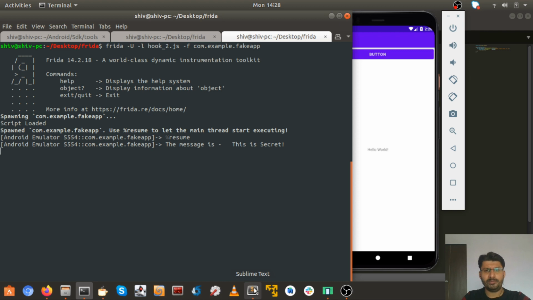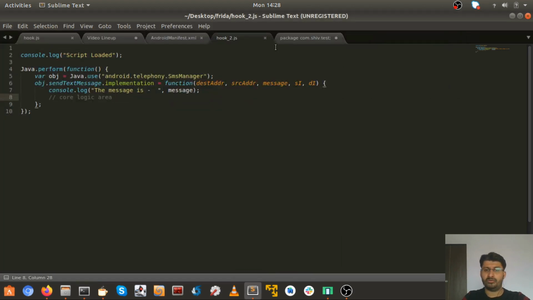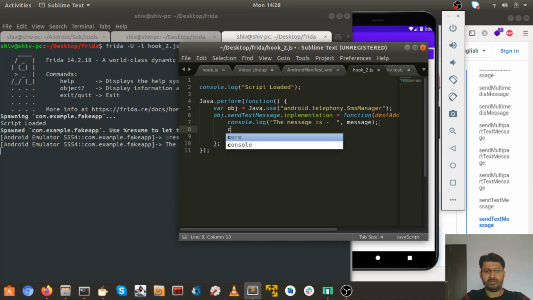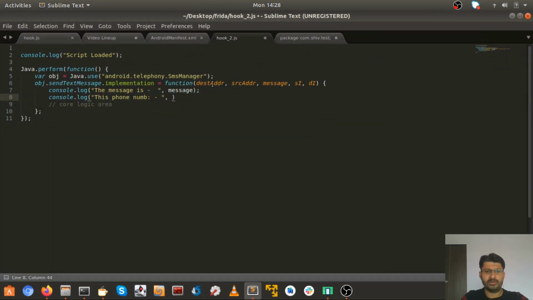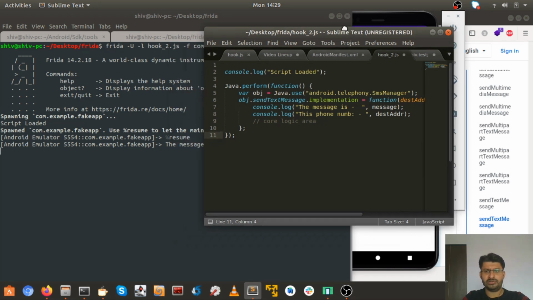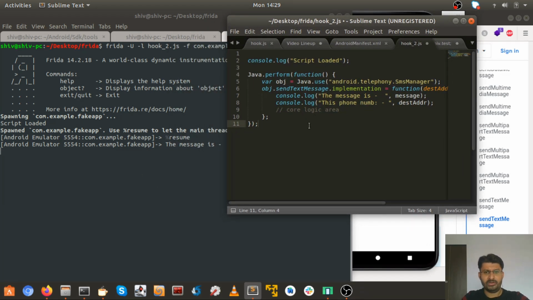The cool part about JavaScript, or Frida, is we just have to make the changes here. Say console.log the phone number, and remember guys, phone number is destination address, so you can go ahead with dest address semicolon. Script loaded, and just notice what happens here.